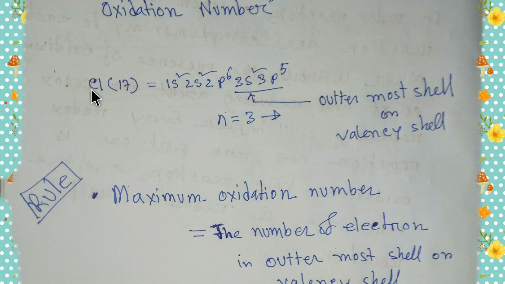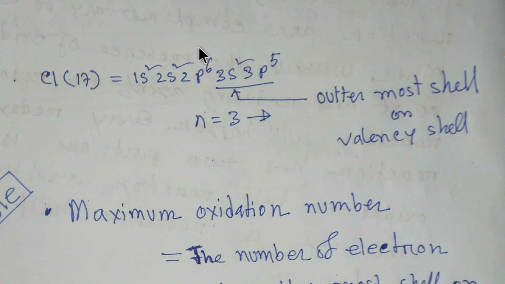this is a chlorine atom and its atomic number is 17. So if you do the electronic configuration, then you will get this. From this electronic configuration of chlorine, you see that the highest principal quantum number is 3. So the outermost shell or valence shell is n equal to 3, and you see there are 7 electrons, right, in